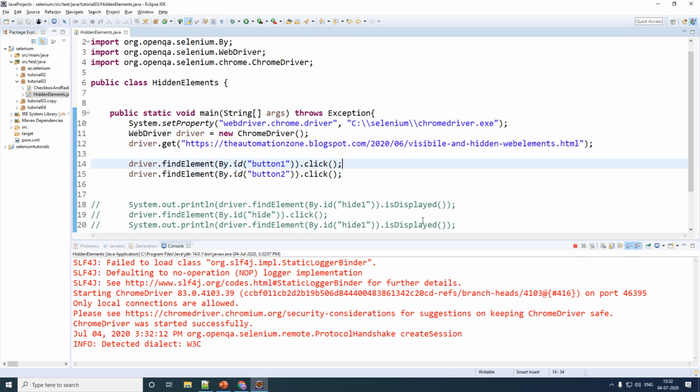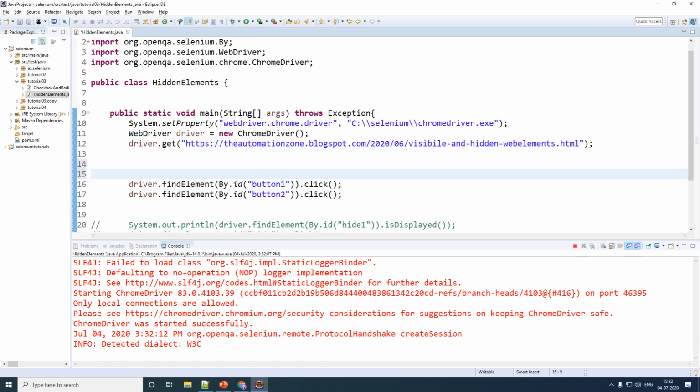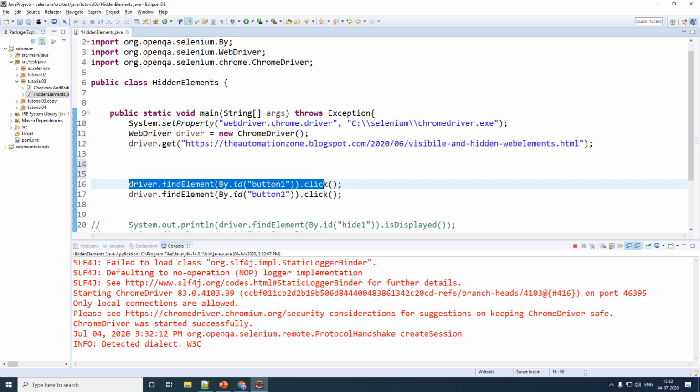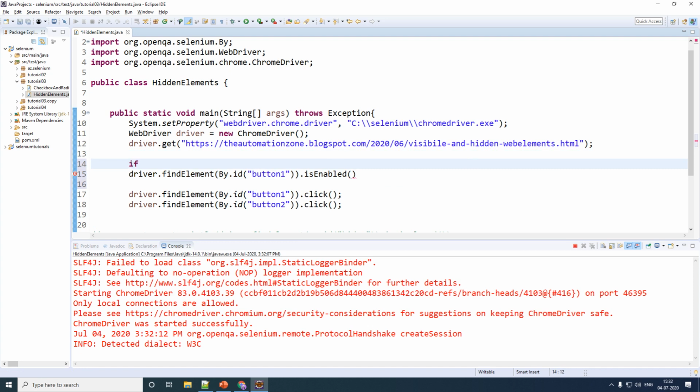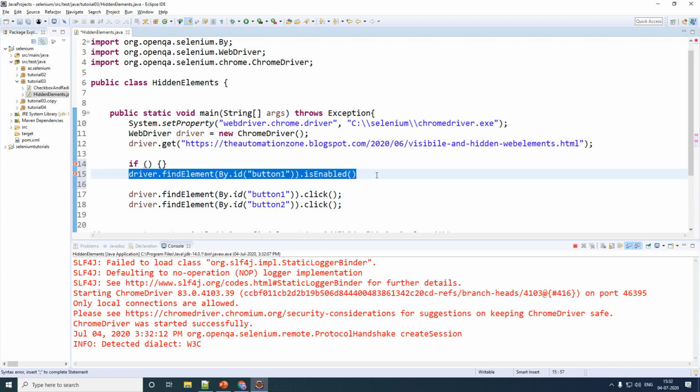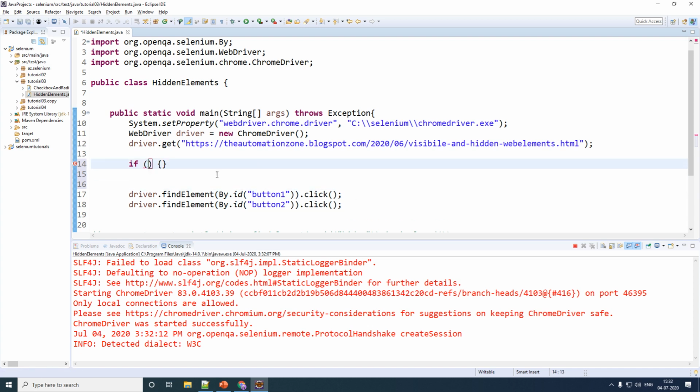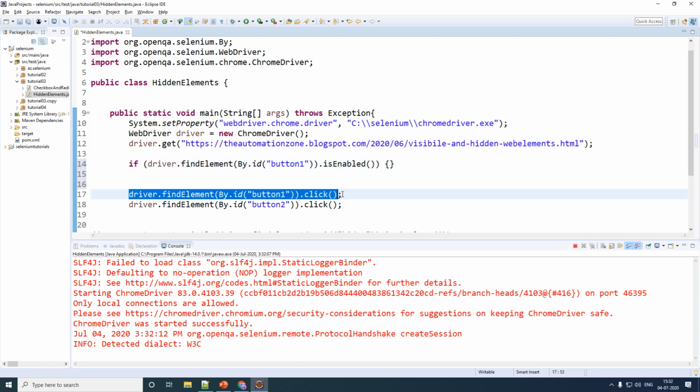So if you have such kinds of conditions, the best thing would be to first find out if the element is either enabled or not. So driver.findElement by button1 dot is enabled. First find out this particular piece of code. Then you perform an if condition. So if my particular piece of code, which is my button here, is enabled, only then you go ahead and perform your click operation.